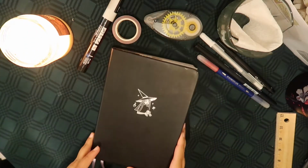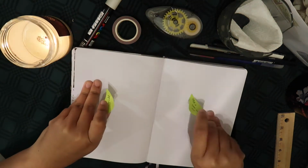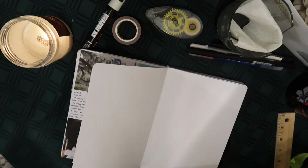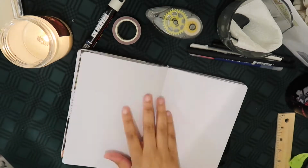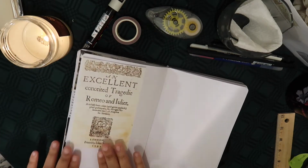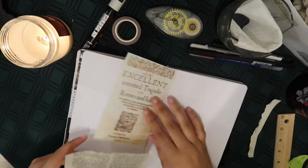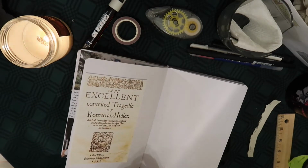Welcome to another monthly reading journal setup. This is my reading journal setup for March. This month I was very inspired by These Violent Delights by Chloe Gong, also by the little spread that I did after I read the book, because I couldn't get the book out of my mind. So this setup is going to be very